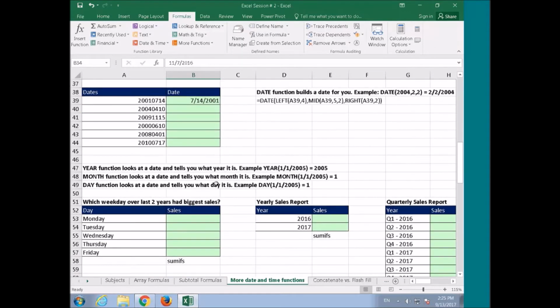Now, if we have to extract dates out of a number, a serial number like this could be cumbersome, right? So what we can do is use the DATE function. Basically what it'll do is build a date out of whatever's available in your cell here. So if we go DATE,